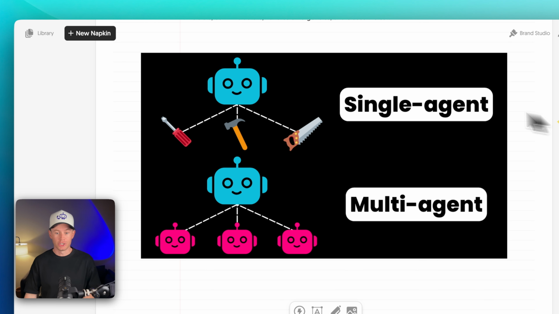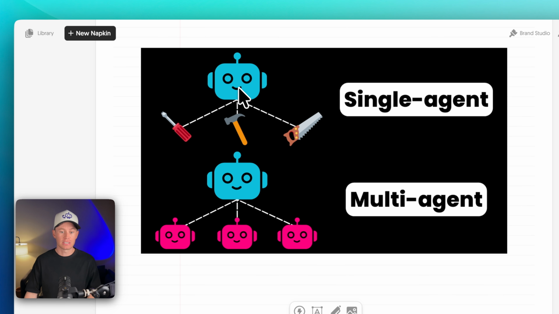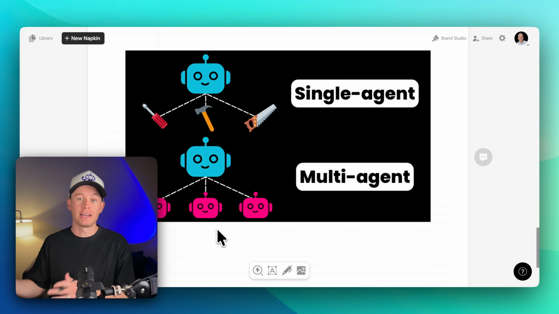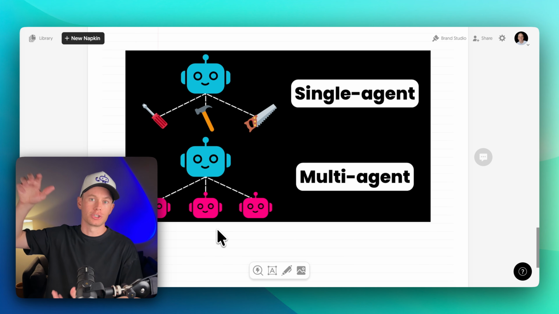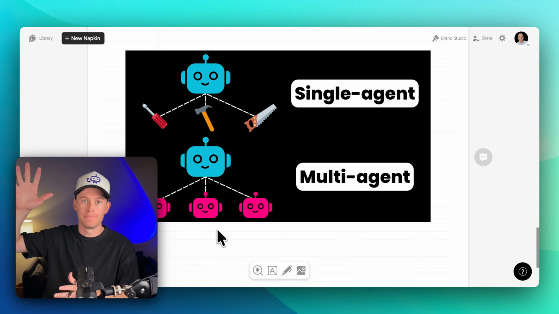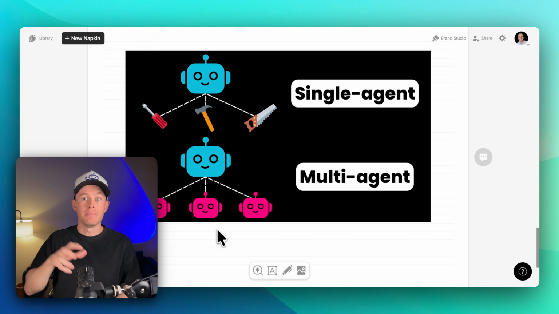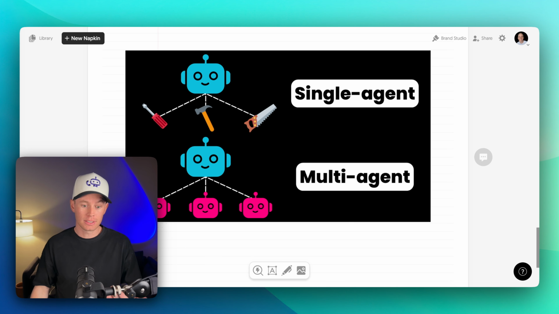So instead of a single agent having everything, all the system prompt and access to every single tool, in charge of everything, what you would do is chunk up the system prompt to create an orchestrator or a manager agent. Then you chunk up your original system prompt and tools and basically assign them to specialized agents, sub-agents, if you will, right here. So these pink guys down here. And then that solves the problem. By using a multi-agent system, you're taking that super bloated system prompt with too many instructions, too many tools, guardrails to follow, etc. And you're just chunking it up. You're dividing it up and making it way more manageable for a sub-agent to handle.